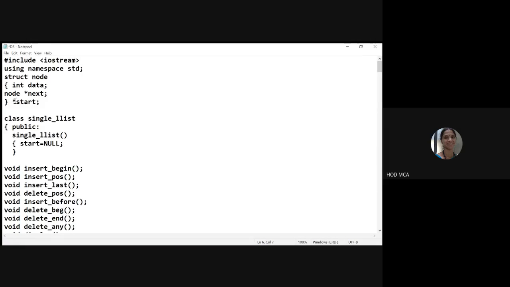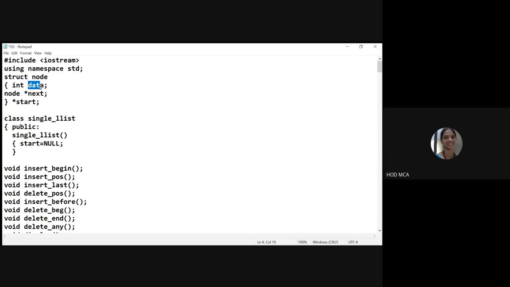So this is how we are going to define the structure of a particular node. How do you define a node in a linked list? We are defining every node as a structure. Why are we taking a structure? Because in a structure, you can have heterogeneous variables. When I say heterogeneous variables, every variable can be of a different data type. Whereas when I take an array, you cannot have heterogeneous variables. You can have all the variables of the same type, right?